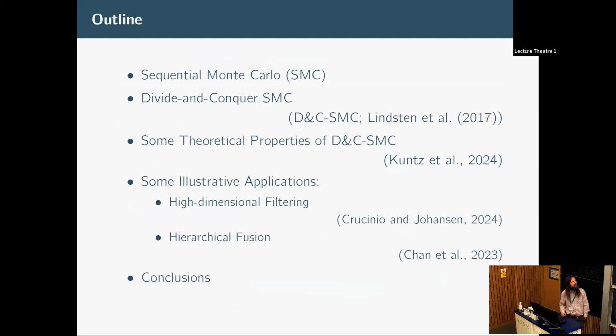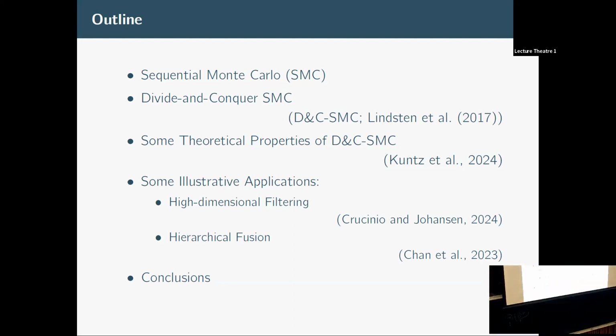But I'm going to begin by saying a little bit about sequential Monte Carlo, which is a bit pointless in this meeting because everyone knows a lot about sequential Monte Carlo, but it will allow me to phrase things in a particular way, which then makes what follows hopefully seem fairly natural. If you don't rewrite the basic things in the right way, then what follows may seem a little more esoteric than it really is. I'm then going to talk about divide and conquer sequential Monte Carlo, which